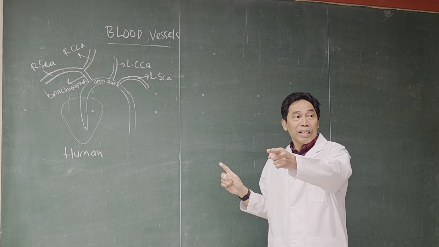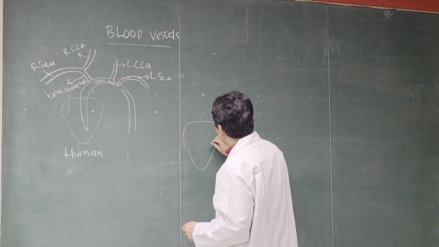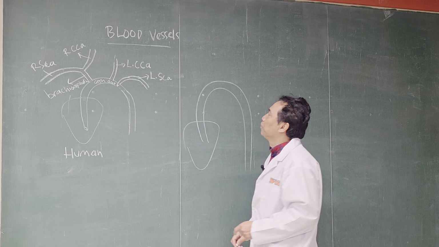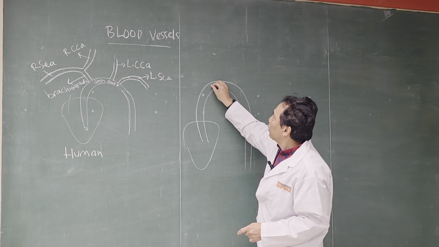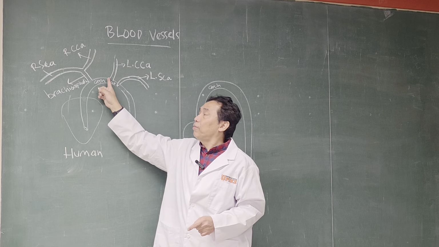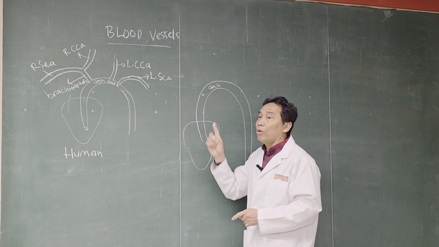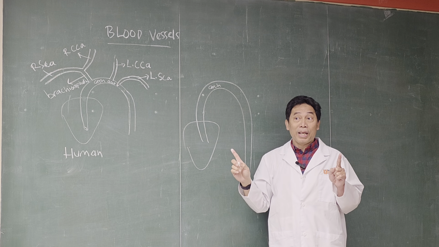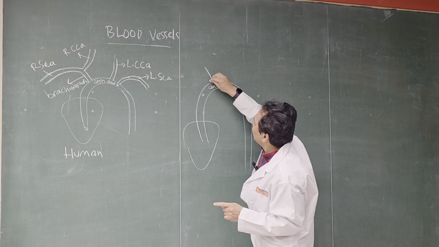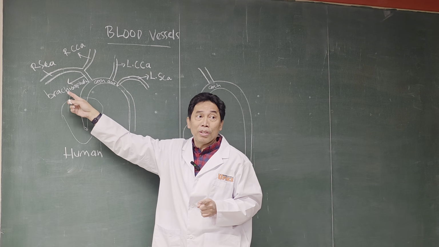Now, if you dissect the pig today, you should be able to see a difference. Let's say this is the pig heart, then it's going to be the aorta. On the arch of the aorta over here, look at the human: it's branching into three, right? There are three arteries coming from the arch of the aorta. But in the pig, it's only two. Only two branchings. On the right side, it's going to be the same, branching into the brachiocephalic. The name is going to be the same.